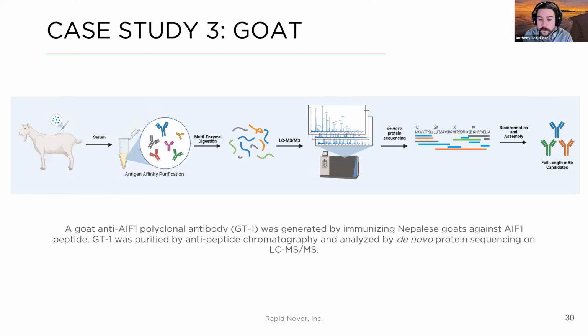And the other case study that I wanted to quickly go over was our goat study. So we were quite happy with this goat study because, as I mentioned earlier, sometimes you have a golden animal. This was one of those cases where the goat generated an extremely powerful antibody response against this target of interest. In this case, it was a peptide. But the peptide was specific to this antigen, your AIF1,